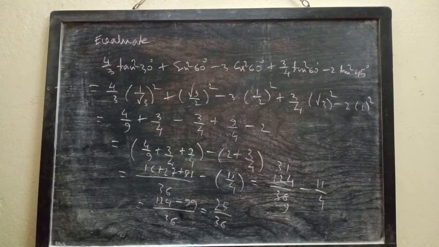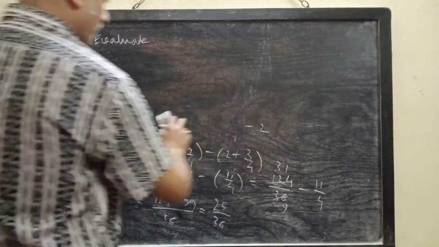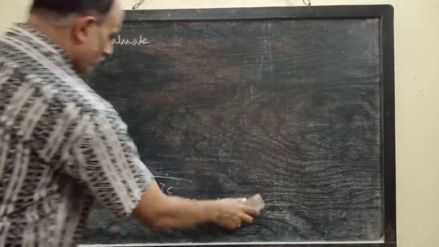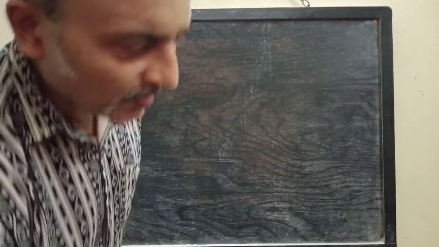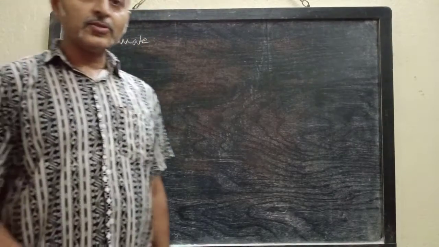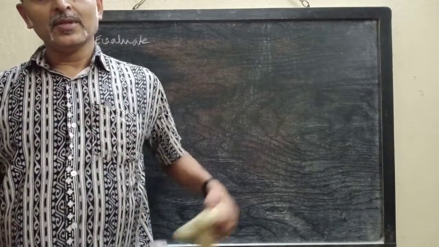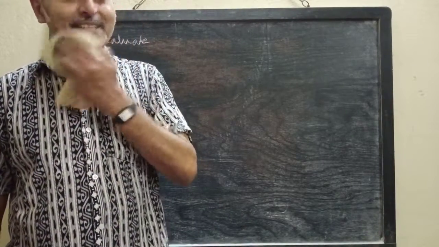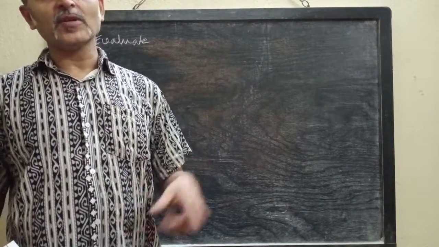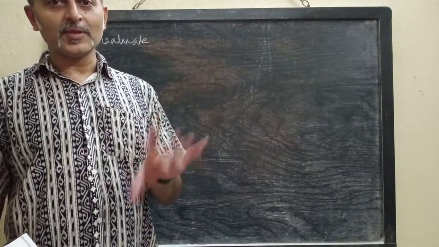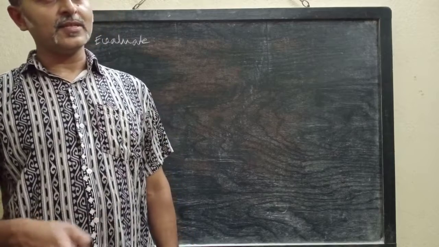I am erasing this. There is a suggestion from me. When you are solving this type of problems in the beginning, then you can't remember the values. So you must practice to form the table that we have formed in the beginning. That is root over of 0 by 4, root over of 1 by 4, root over of 2 by 4, root over of 3 by 4, root over of 4 by 4. In this way, you construct the table before solving this type of problem.